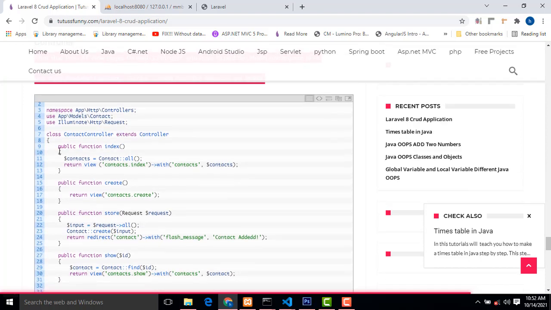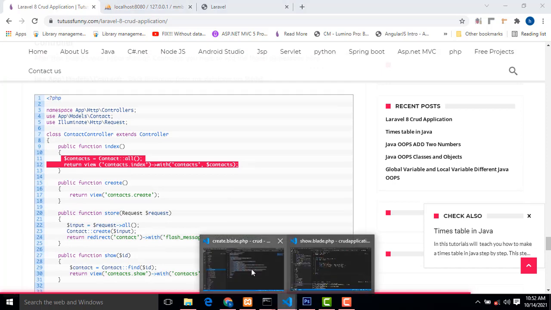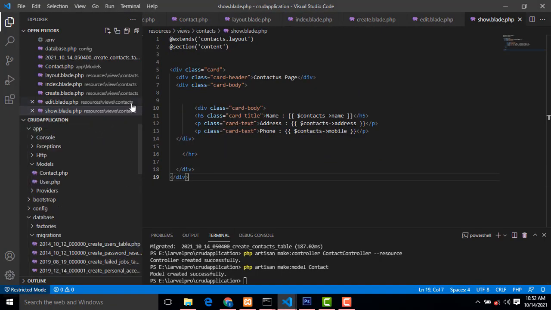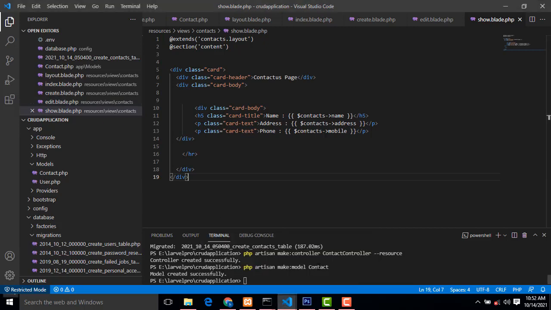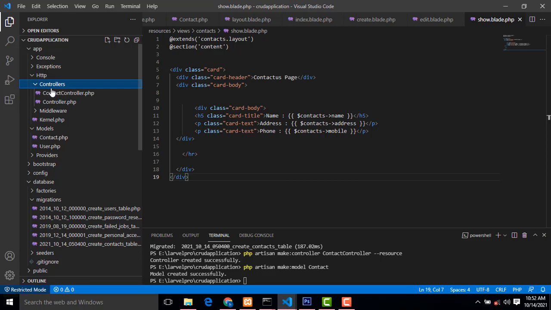I just copy and paste it over here. This one should be where you paste it. Just copy. Right. We have created all the stuff here. So go to HTTP, controller, contact controller.